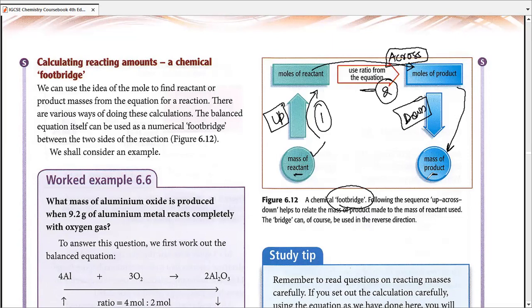However, we can use the conversion from one quantity to another, one type to another, and that's what this up-across-down bridge is all about. So the third step also tends to be the formula step, and that's how we are capable of converting them into different quantities. So I'm going to go with an example, a worked example that is given over here,